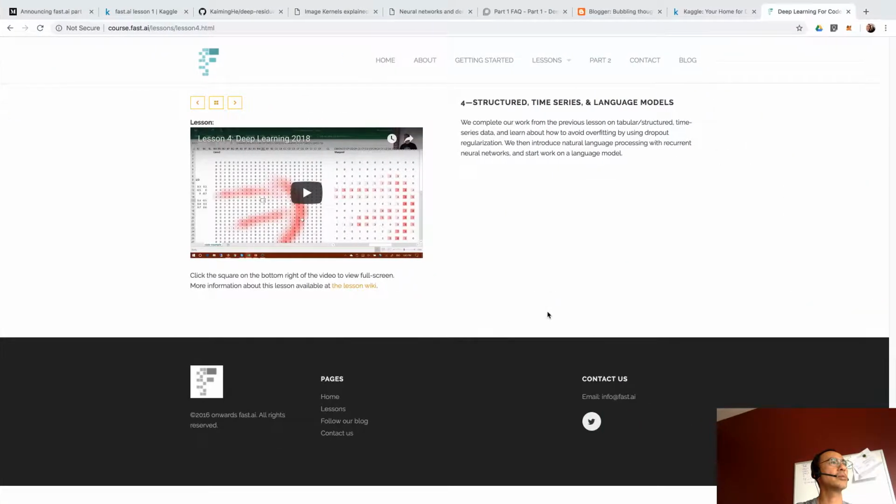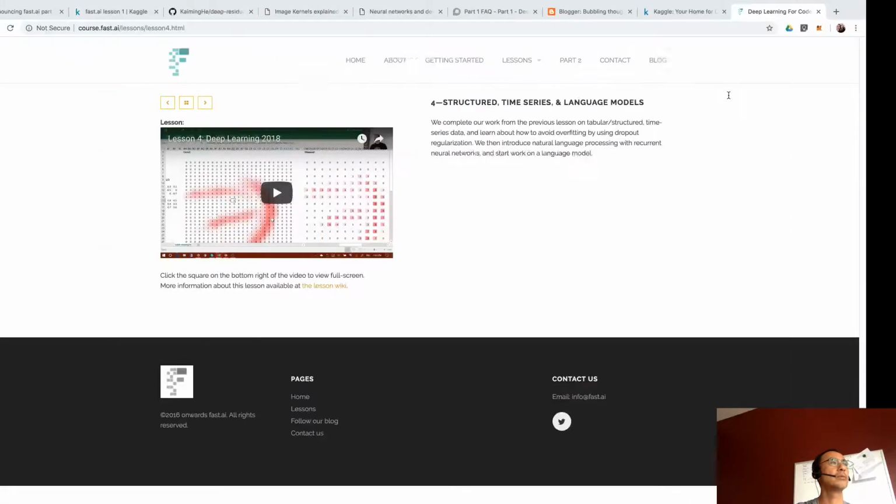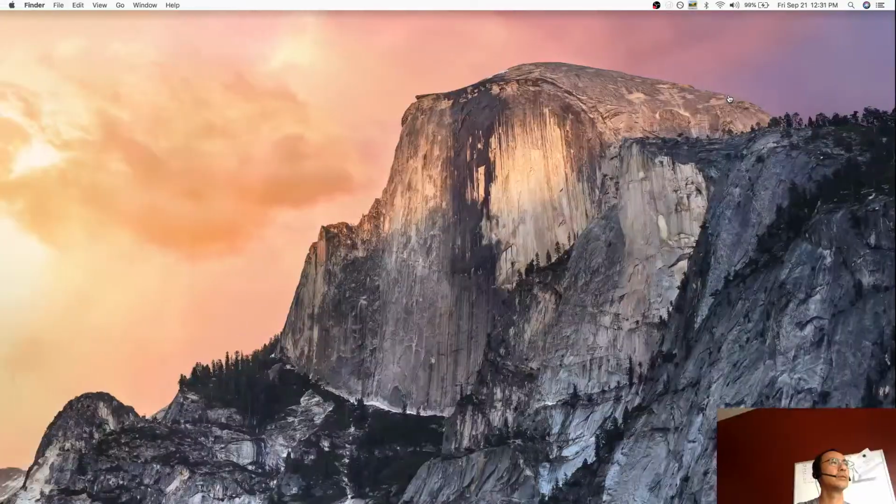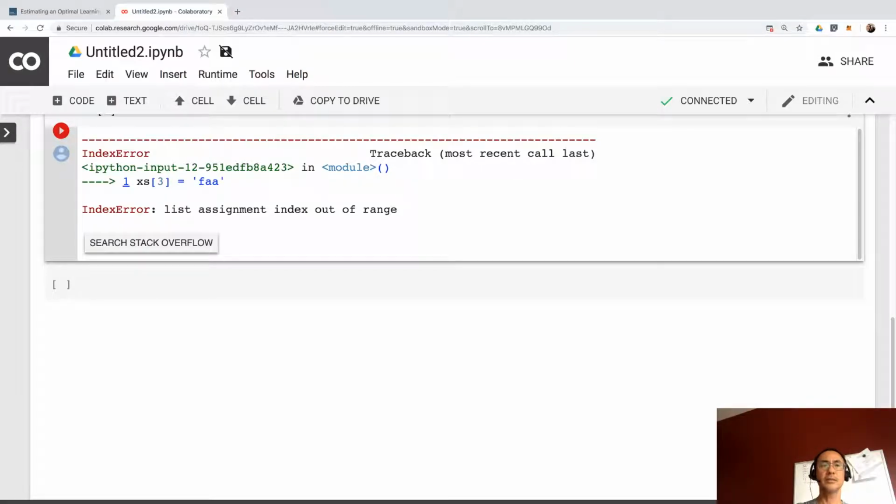I don't know why it doesn't open, but it's opening here, or open here. No, no, no. Oh, wait, does it open here? No. Okay. Anyway,